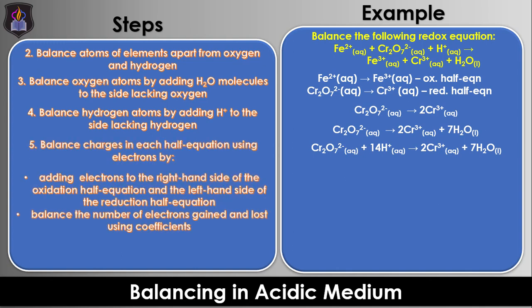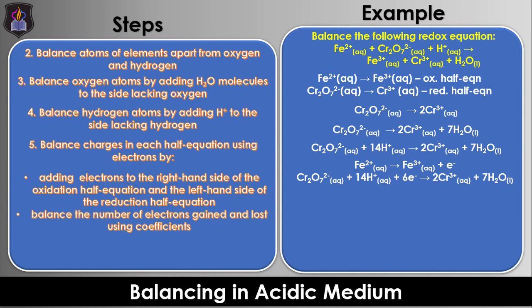The next step is to balance the charges just as in neutral medium. In the half equations, the total charges of the oxidation half equation are +2 on the left hand side and +3 on the right hand side, while those for the reduction half equation are +12 on the left hand side, obtained from the sum of 1 mole of dichromate 6 ion, that is 1 times -2, and 14 moles of hydrogen ion, that is 14 times +1, and +6 on the right hand side, obtained from the sum of 2 moles of chromium 3 ion, that is 2 times +3, and 7 moles of water molecules, that is 7 times